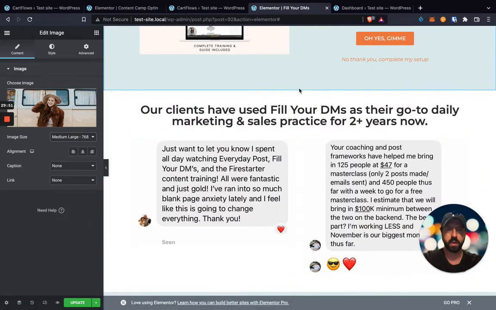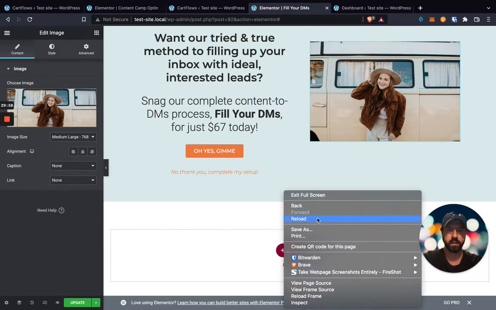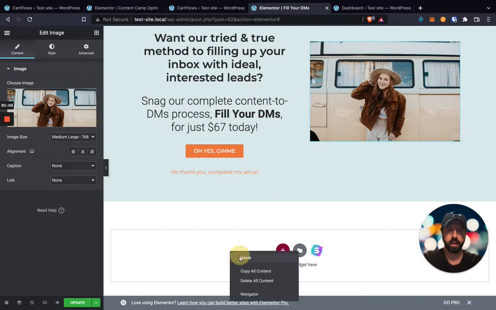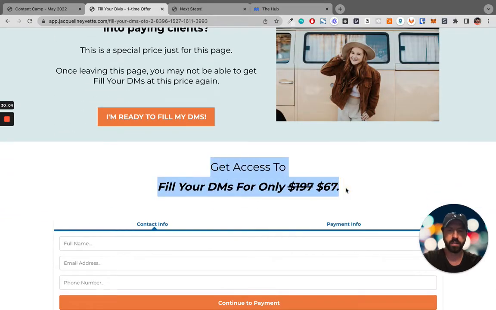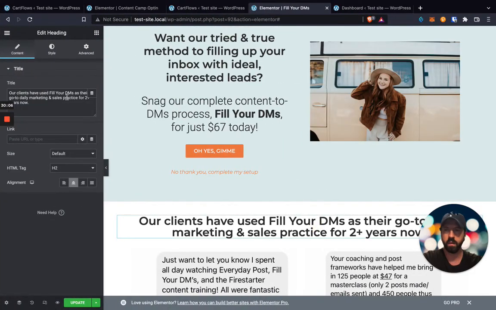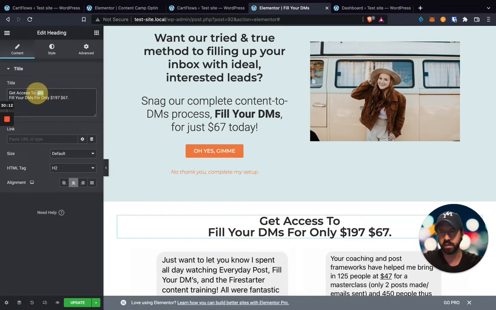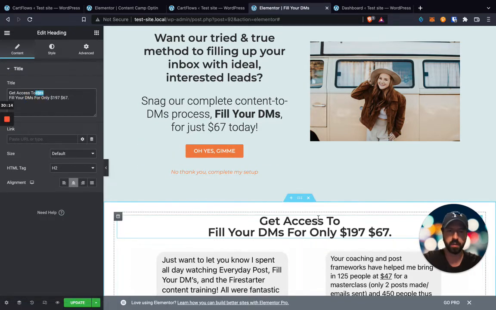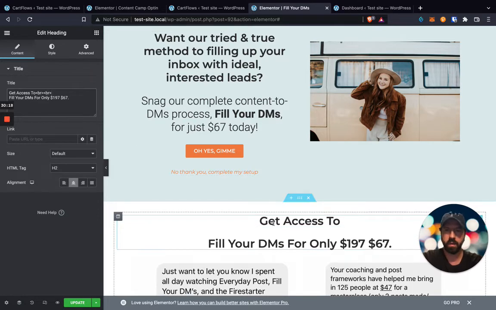I'm just going to copy this section, paste, and I'm gonna copy "get access". I'm just gonna copy this here, paste. Now "get access to", I'm gonna put a BR, as you can see. Make sure to write it well, otherwise it'll mess up your thing. Since there's a lot of spacing, I'm gonna add another BR. Obviously there's different ways to do this, but I mean,